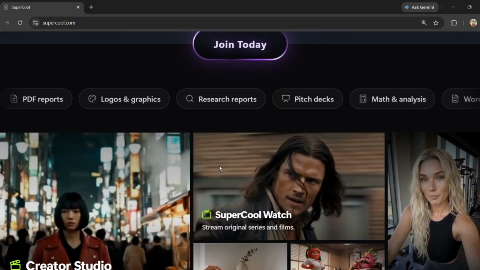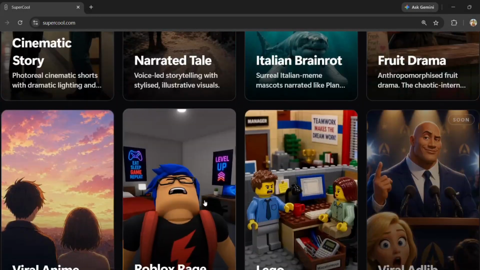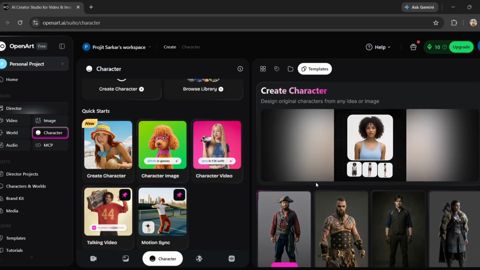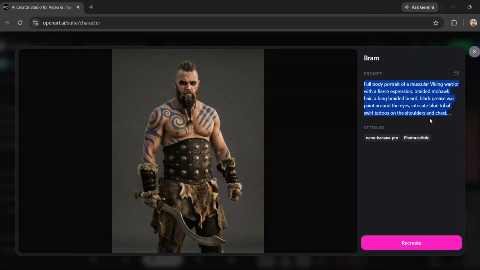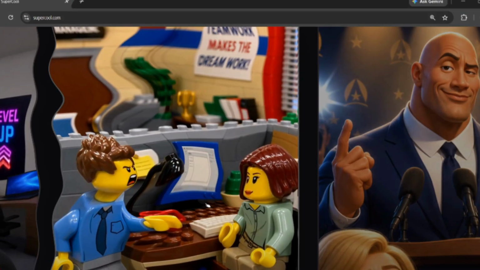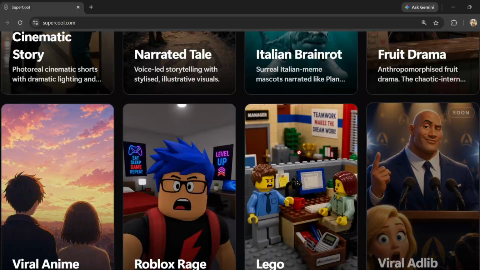I think most people compare these two tools for about 5 minutes. They generate one video in Supercool AI, one in OpenArt, put them side by side, and then decide there's a winner. I almost did exactly the same thing, but then I asked myself something that completely changed how I looked at this comparison. If I stopped watching demos and actually had to create videos every day, which one would make